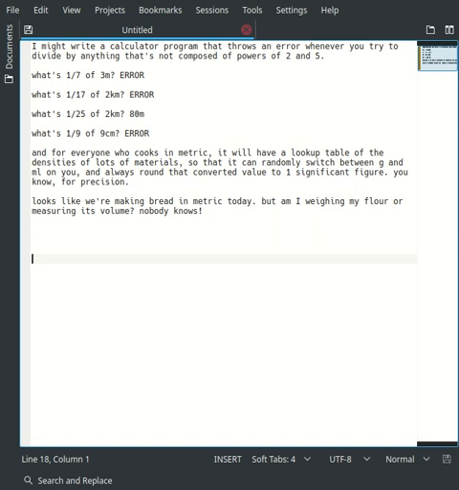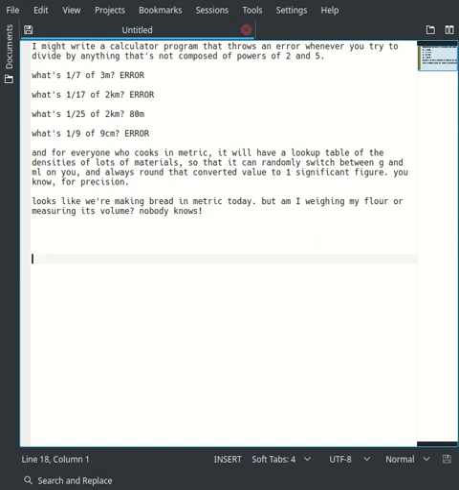Always. If you ever look at metric recipes, it's always that. There's like 100 grams of this, 200 milliliters of that, 50 grams of this, 150 milliliters of that. That's how it works. There's only one significant figure, and except when there's an exception, the second significant figure is just a 5. And we're going to do this for precision, because metric is about precision, so that's why we're doing all of this, okay?